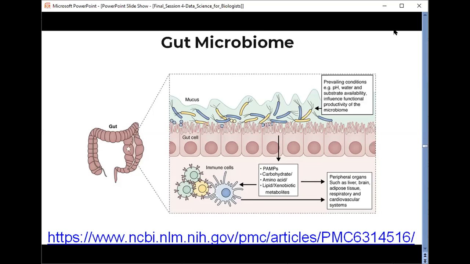Are you familiar with this term, symbiosis? Symbiotic relationship between microbes and the host. Are you familiar with this?